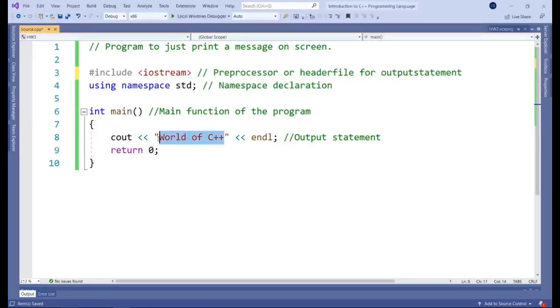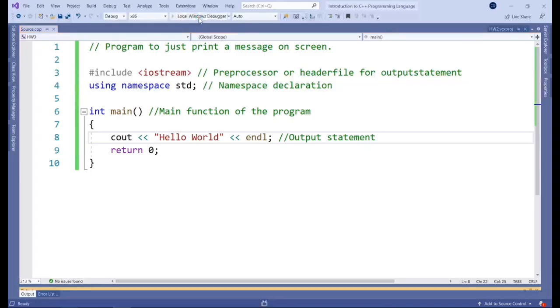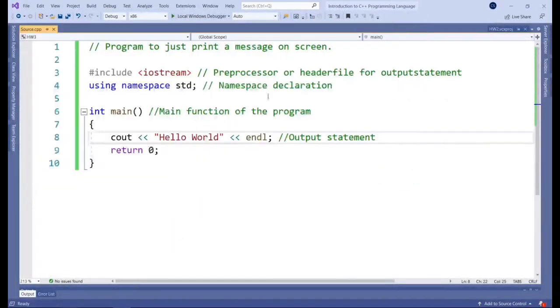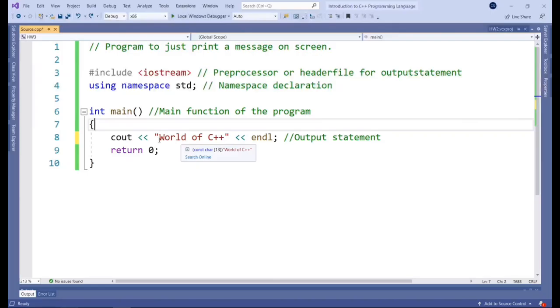So let's have a look here. We can actually change this code to something else. We can change this string to "the world". And there you go. That's how you can prove that the world of C++ text is actually coming from here. And that's something that I encourage you to do. There's nothing wrong with making changes to the code and trying things out yourself just to see how the program will respond. And that's a good way to learn. Just try to mess with the code yourself.